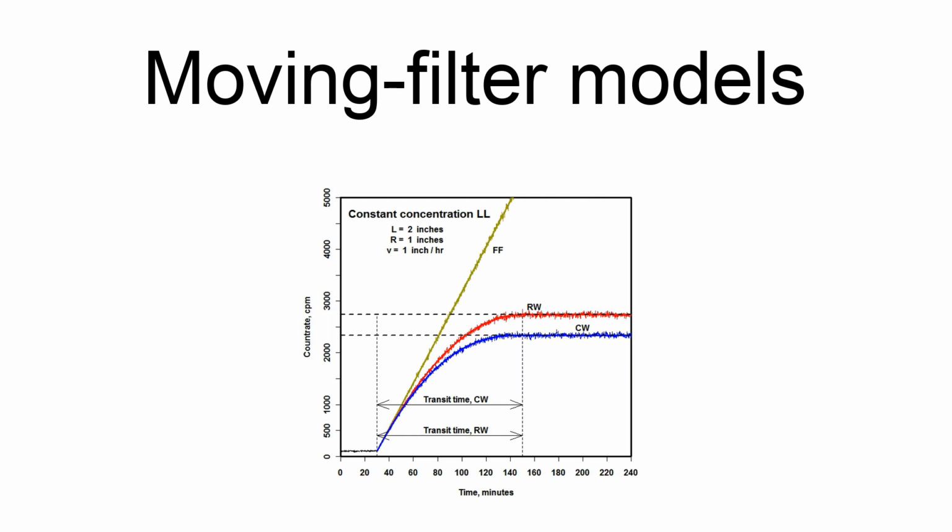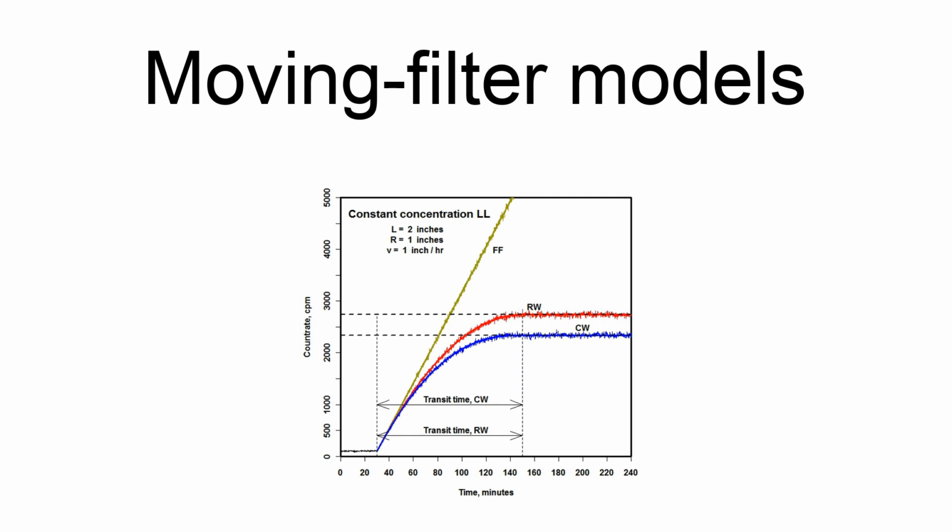This figure shows contours of constant activity on a CW deposition area after the transit time has expired. The filter moves from left to right, and the activity increases from left to right. The differential areas on the diameter have been in the deposition window the longest, and at the far right, have been in the window, accumulating activity, for the full transit time. Finally, to illustrate the complexity of these models, the RW response for time less than the transit time is